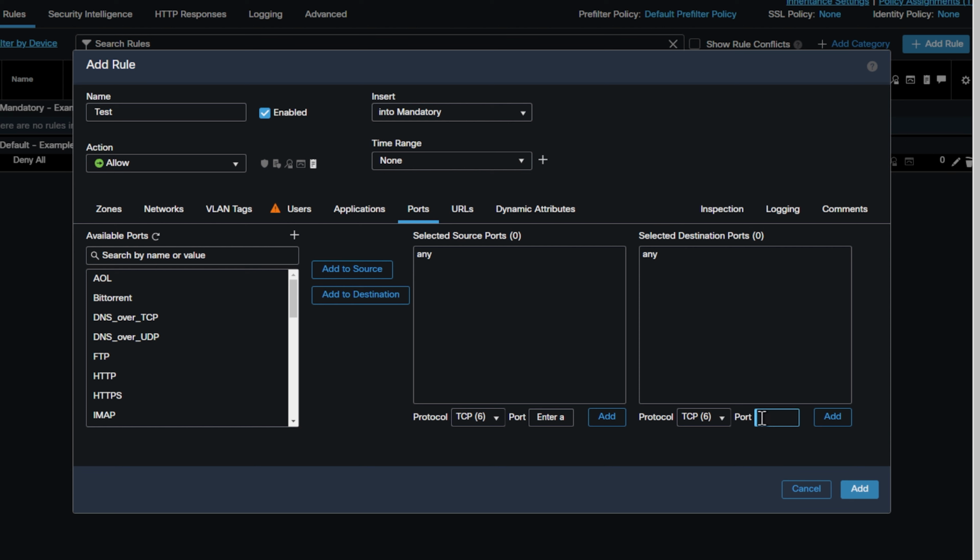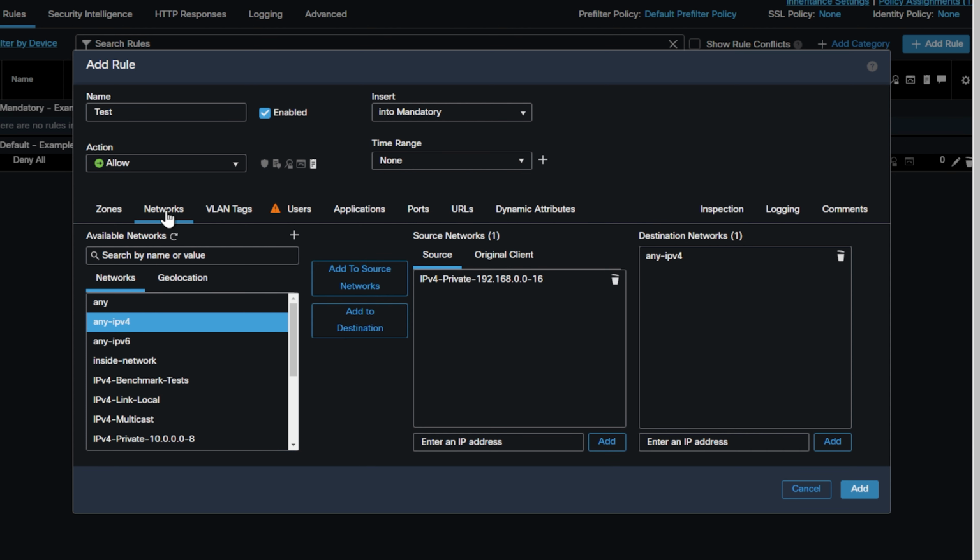Then we're going to go over to the ports. And you can double down here. You don't have to, you can leave it as the application. But you want to make these as tight as possible because you are opening up a port in your firewall. So here you're going to go 443, TCP 443. It's well known and it's well used all the time. So now that we have 443 configured and we have the IPv4 and we have our internal network,